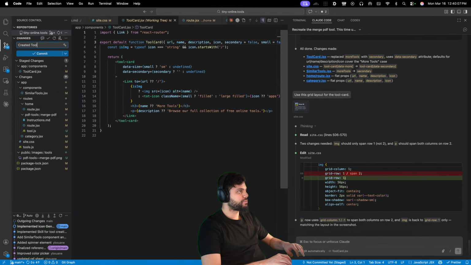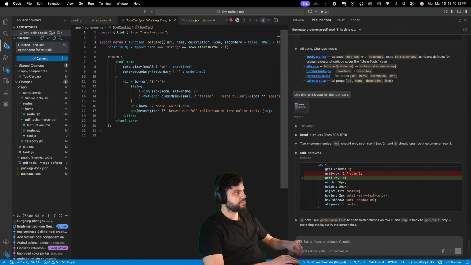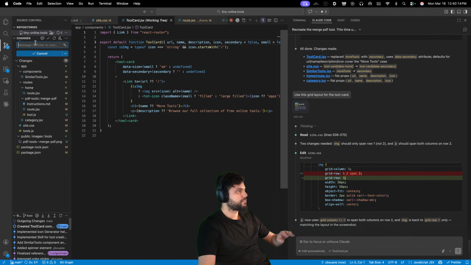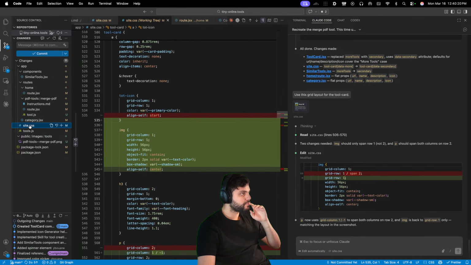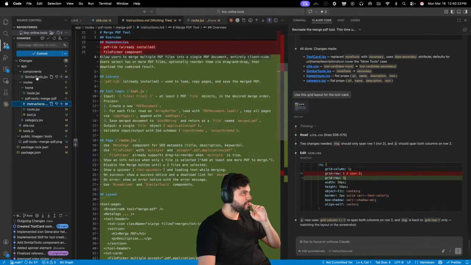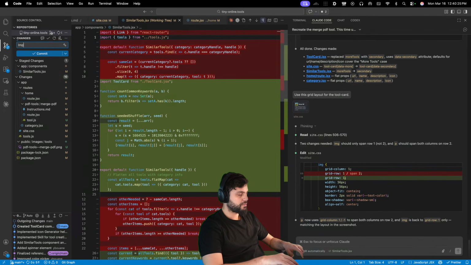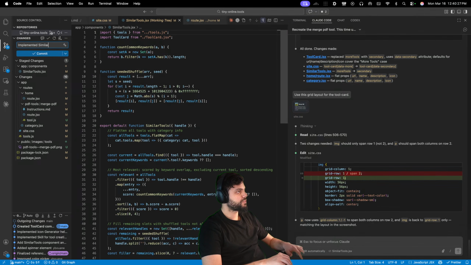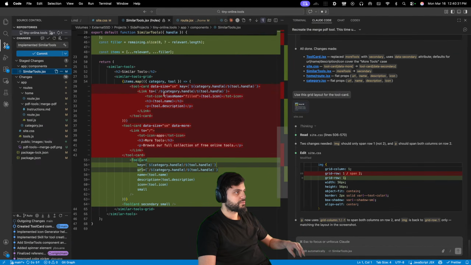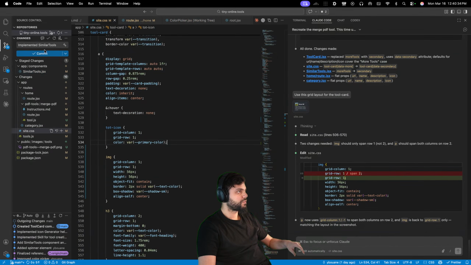Created tool card component for reusability. Okay. Implemented improved similar tools